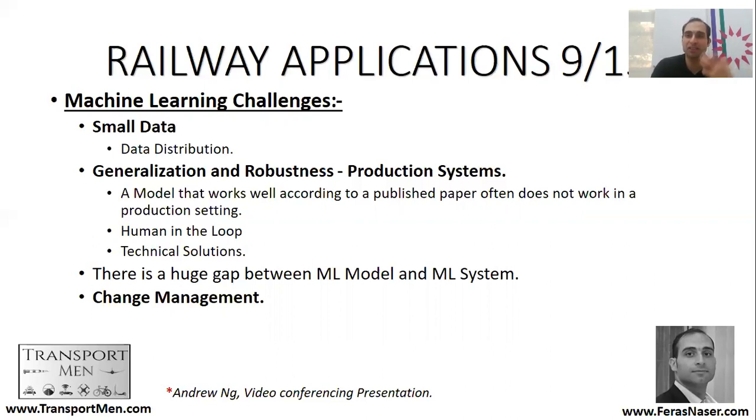And we have actually done early work on trying to bring the human in the loop, whether with our solution inspector or with Wish's point. We thought that a human in the loop can assist in verifying the data and making sure that you have a more robust prediction. And the third thing he talks about is that there is a huge gap between a machine learning model and a machine learning system, but there is also a challenge in terms of change management.